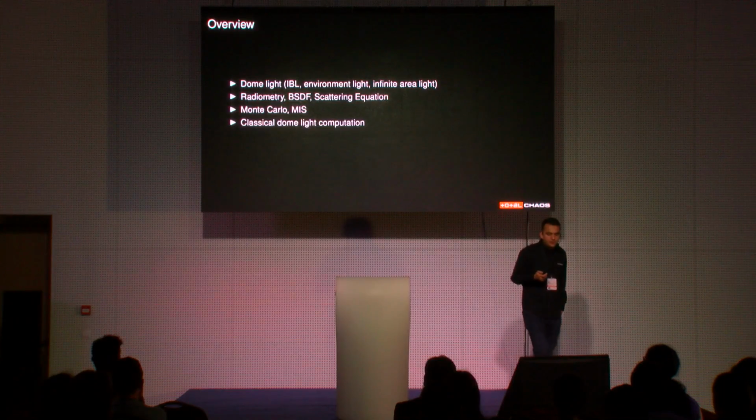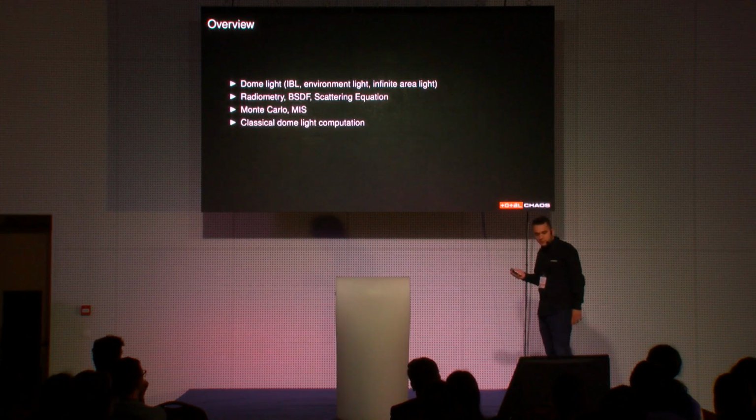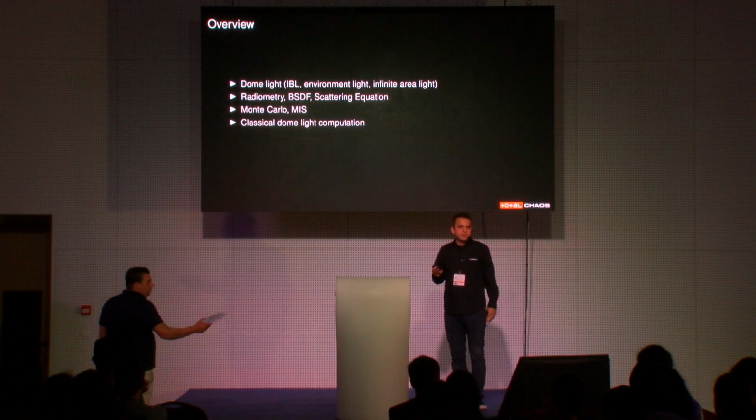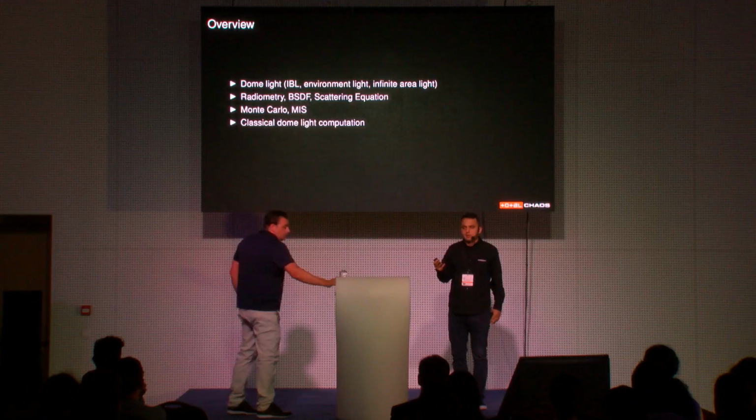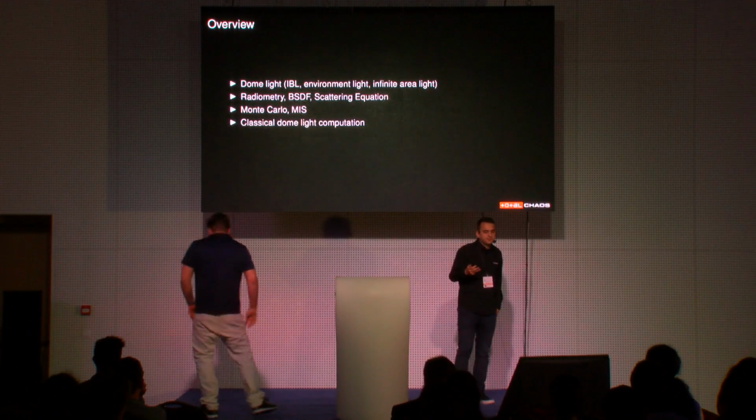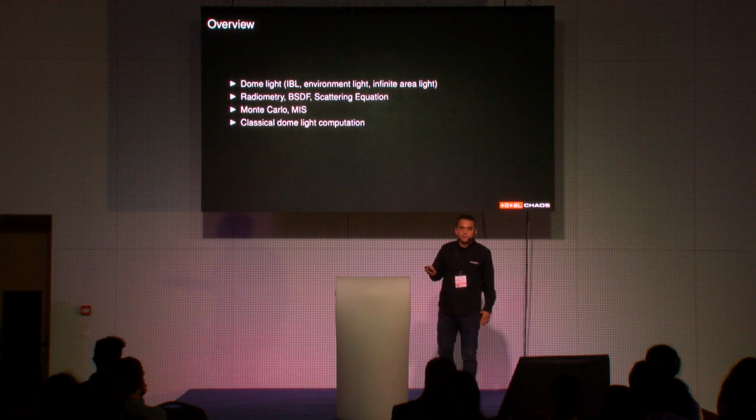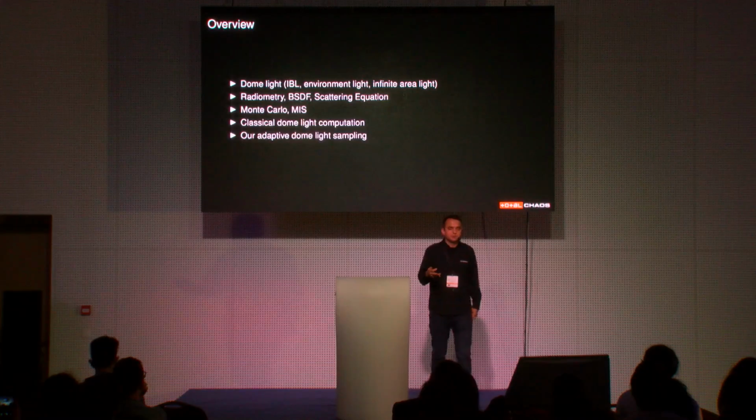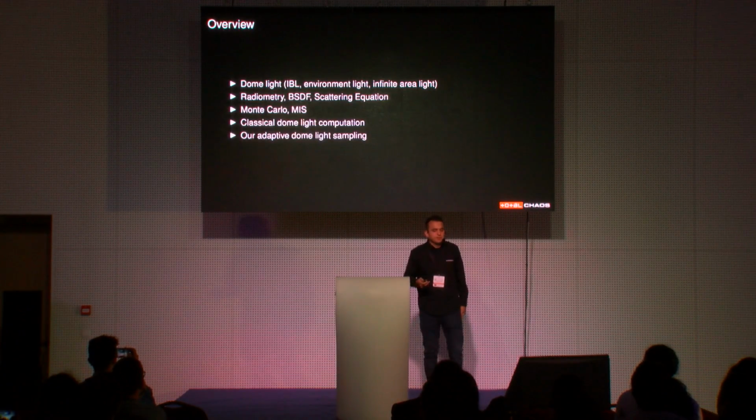Then I will tell you what the classical way to compute this image-based lighting is. This is something that you can find in almost any book for photorealistic rendering. So if you want to read more on this, you can, for instance, read Physically Based Rendering. Then I will explain our two-phase adaptive approach, which is very simple, and it is built on top of this classical approach in order to get better results. So let's start. This is one panoramic HDR image,